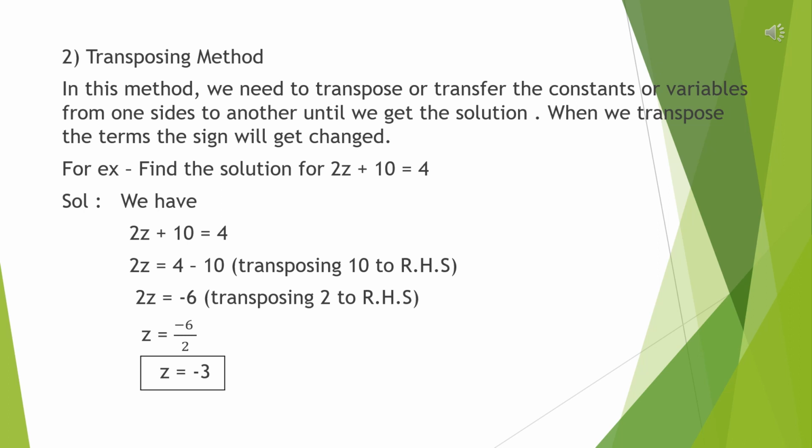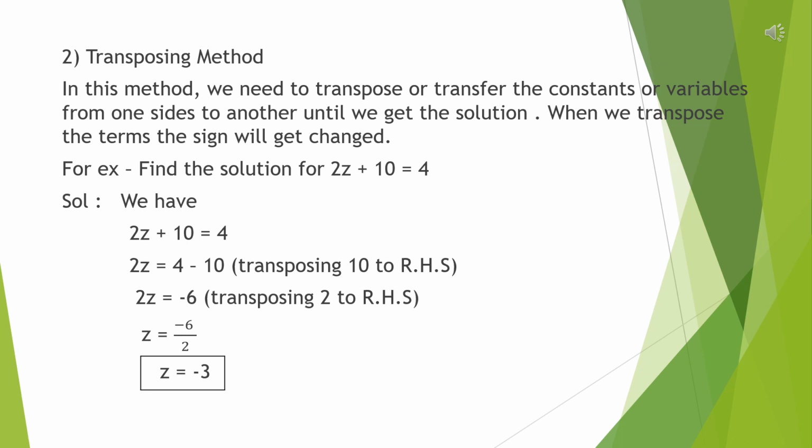Now let's understand with the help of this example. Find the solution for 2z plus 10 equals 4. In this equation, we have to find the value of z. We have 2z plus 10 equals 4. In LHS, we have plus 10, which is positive. So, after transposing, the plus 10 will convert into minus 10, and we will get 2z equals 4 minus